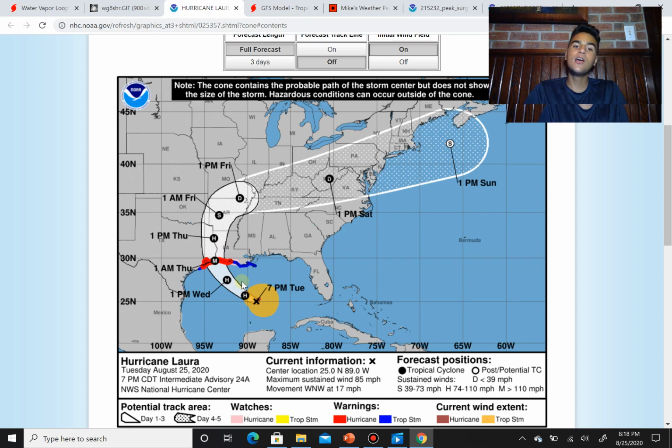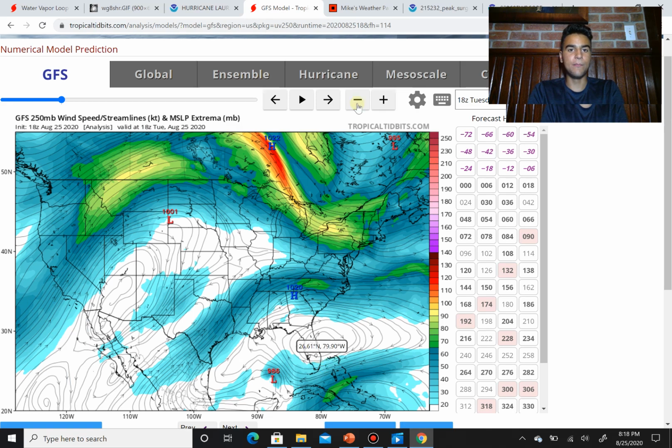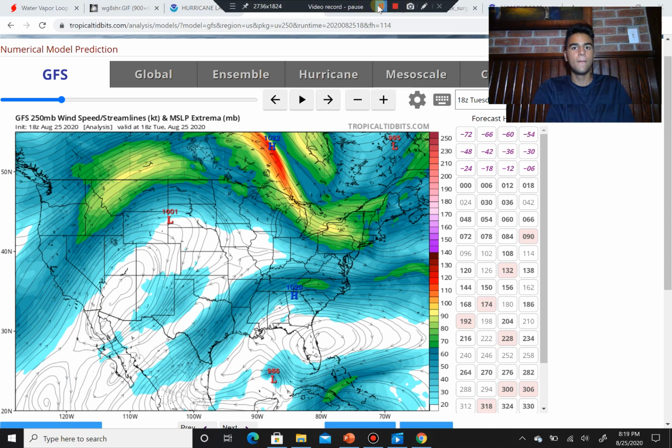And in terms of the forecast track, where this could potentially go, it all depends really on the ridge of high pressure that's expected to build right around the southeast Gulf of Mexico, because you see that. So the ridge is expected to build in the southeast, and it really all depends on the angle that this ridge builds at, because if this ridge over the southeast is a little bit stronger, that'll not only